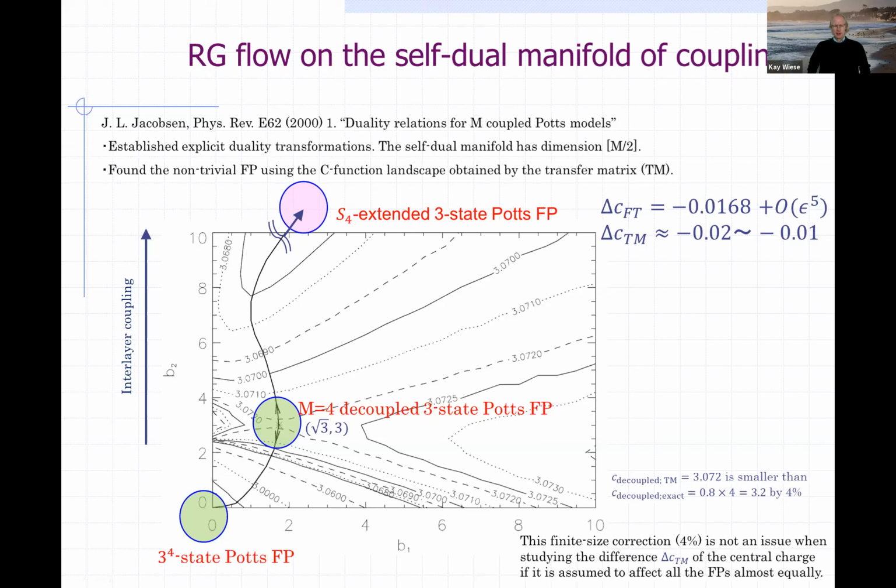What are you trying to achieve by looking at larger M? You're probably interested in the case of the disordered system, so M equals 0. What is your strategy? Primarily, I myself was interested in M equals 0, but